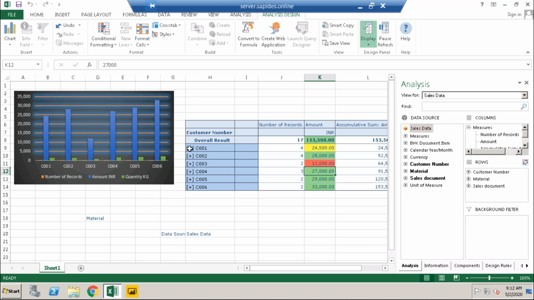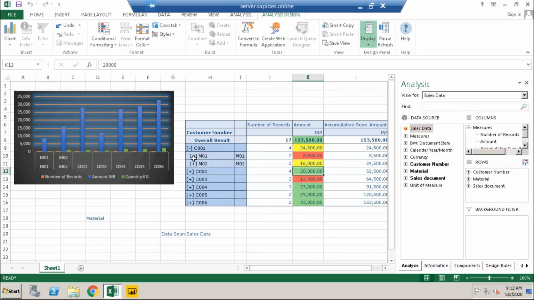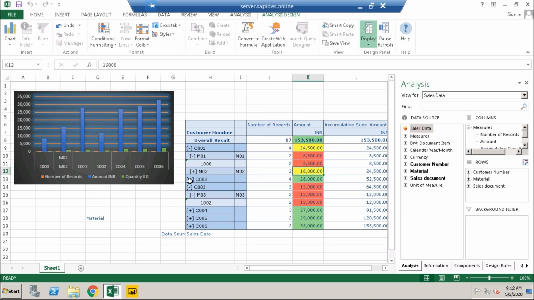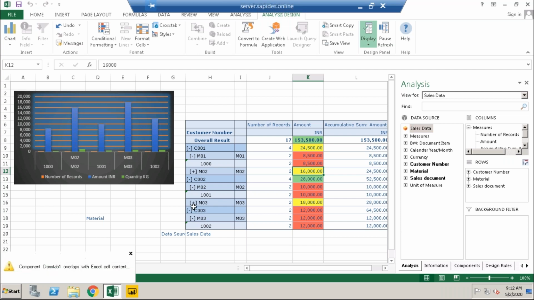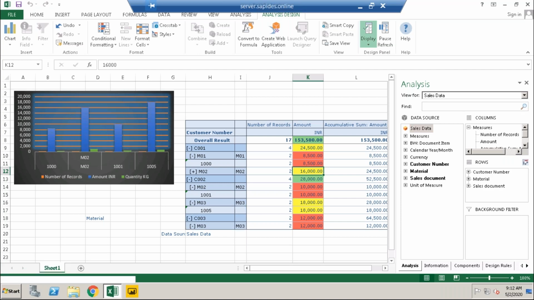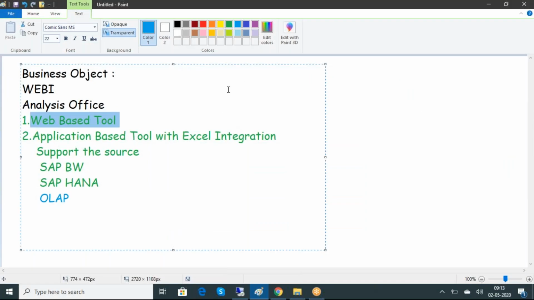If I expand, we get for each customer with all. Okay, so average. It's clear, right?